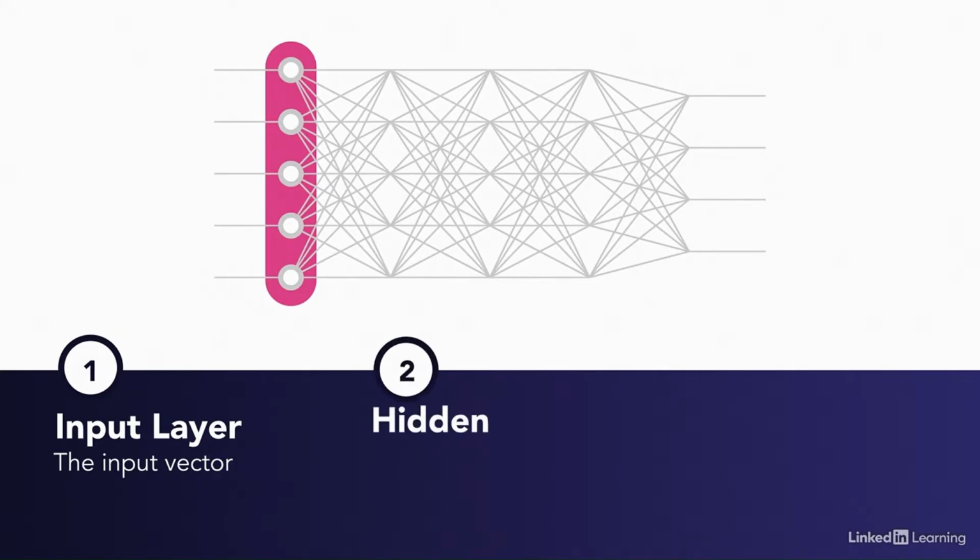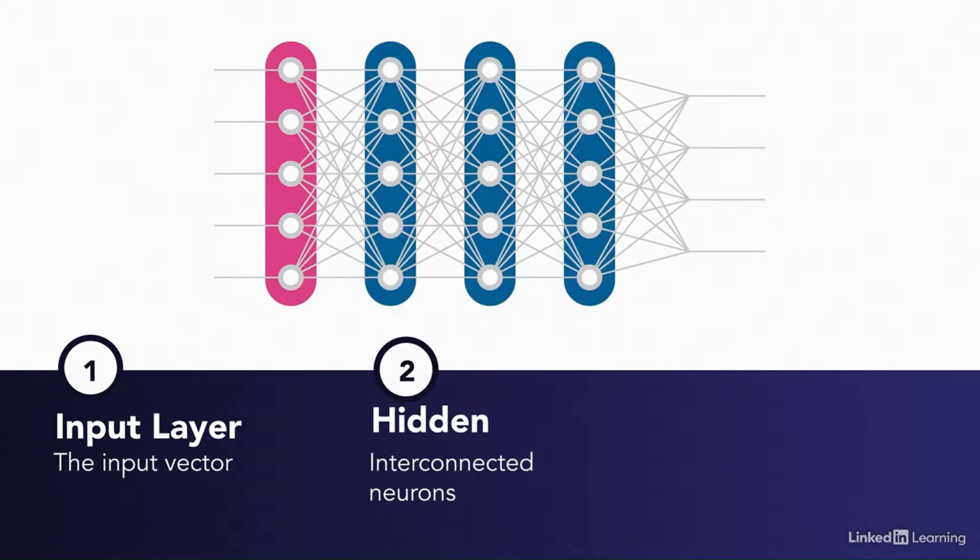Second, we have the set of hidden layers, which are composed of neurons. Notice how all neurons from the first hidden layer are taking in all of the inputs from the input layer. The second hidden layer is composed of neurons that take all of the outputs from the first hidden layer. This is what fully connected means in this context. These layers are called hidden because the neural network does not expose them to the outside world. The outside world modifies the behavior of the network through its inputs, and the